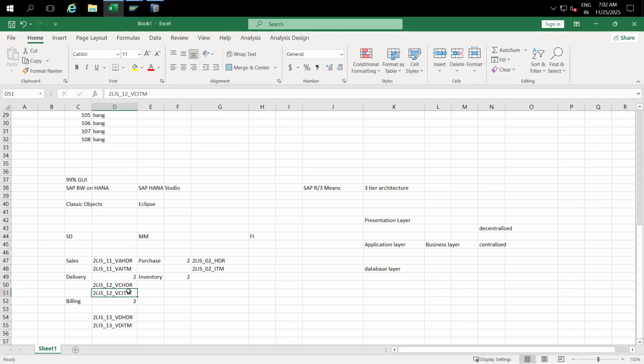Header, item. Header, item. 11 means sales. 12 means delivery. 13 means billing. 2 means purchasing. This is very, very important. And also very, very tough as